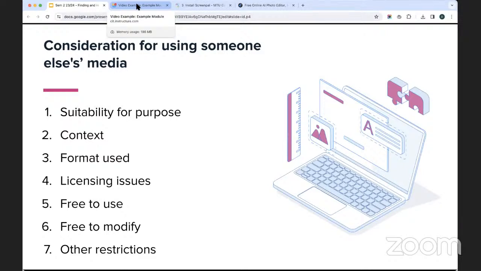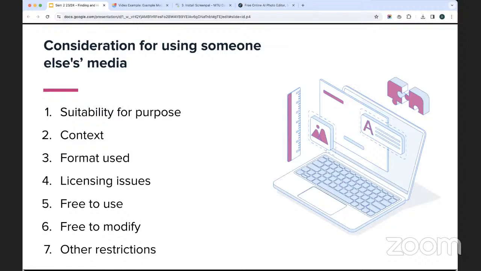The context in which it is provided is also very important. Teaching in higher education, something which was intended for secondary school students is probably not going to be of much use to us, and something developed for primary school students is going to be of less use again. So context is very important, and if you are looking to use someone else's material, it is important to try and identify who it was developed for and what the purpose of the developer was.